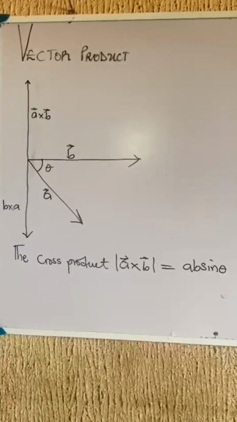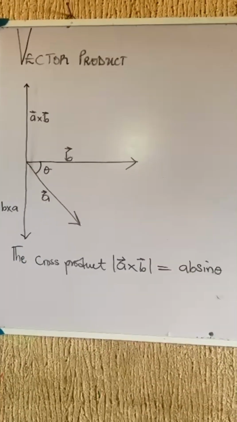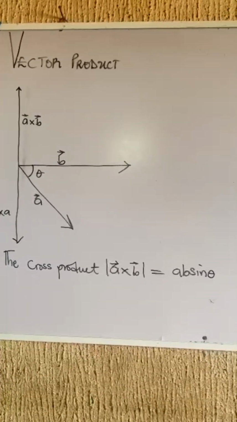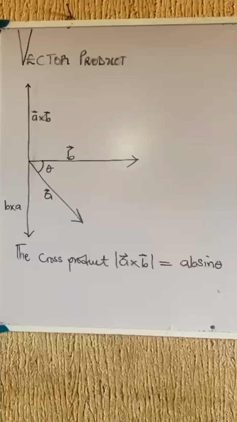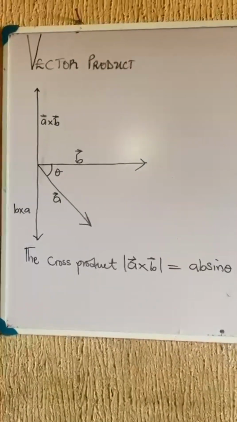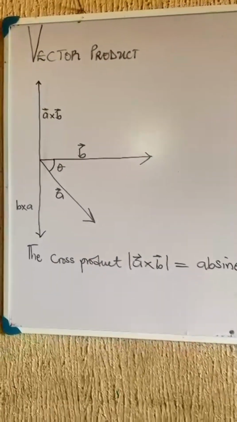The outcome of the cross product will give us a vector, but the outcome of the scalar product, which is always called the dot product, will always give us a scalar. Now let's take an example in multiplying these 2 vectors together and see what it will give us. Suppose we have the 2 vectors